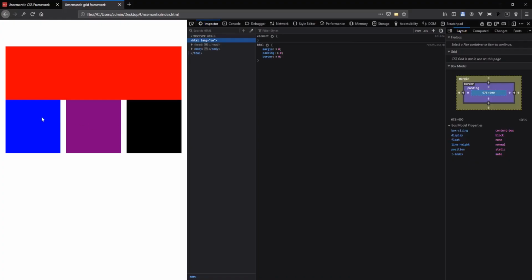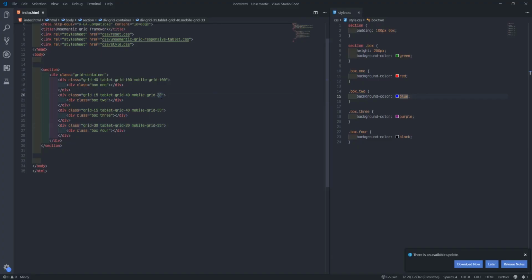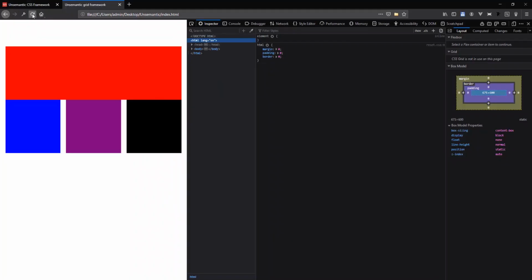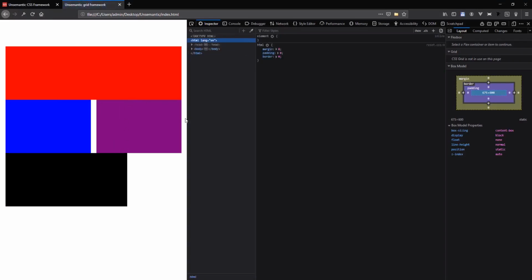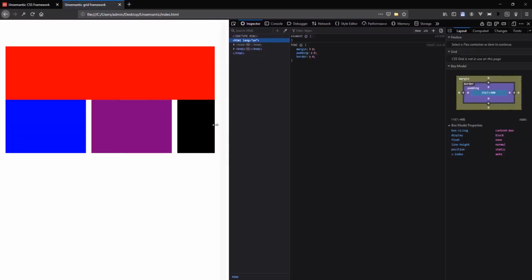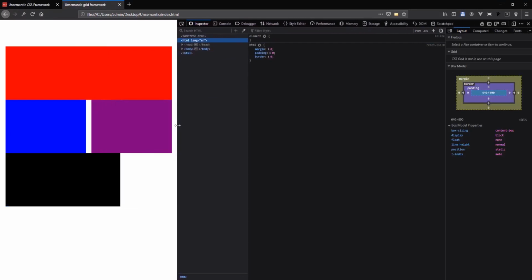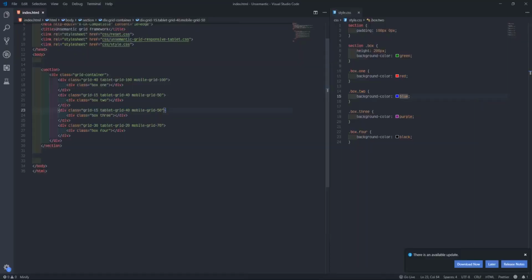In fact, what I'll do here, I'll make 1, 2 grid 50, then this other one 70. I'll refresh. You see now, it starts to drop. So based on how you designed it, you can arrange them. So I come here and I say, okay, this grid 40 when you are on desktop, when you are viewing on your laptop. By the time you view on your tablet, make that same div change to 100, so it collects all the width, end to end.